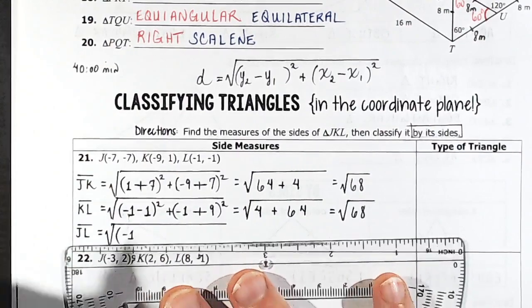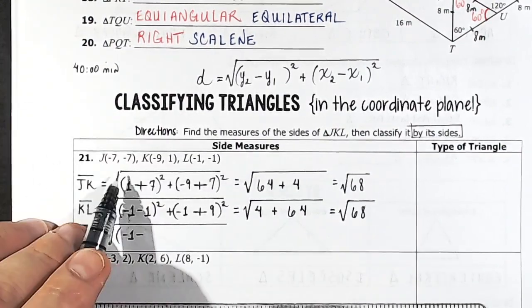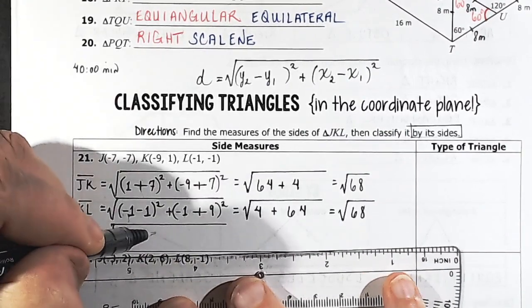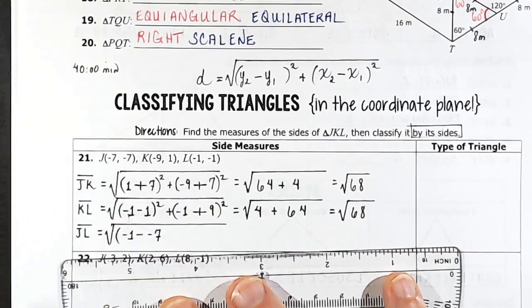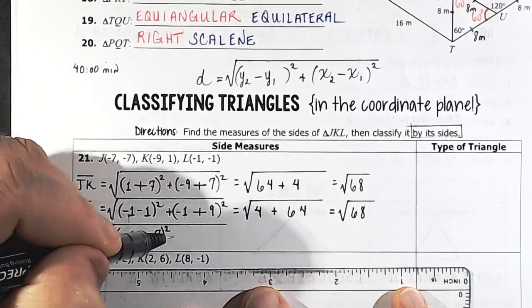Negative 1 minus the y value of coordinate J. So negative 1 minus negative 7. Close parentheses, squared, plus